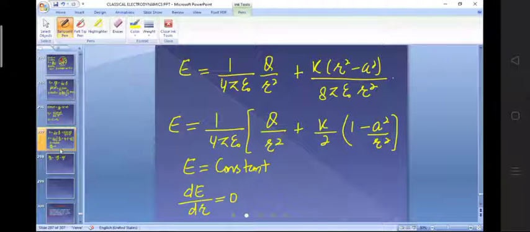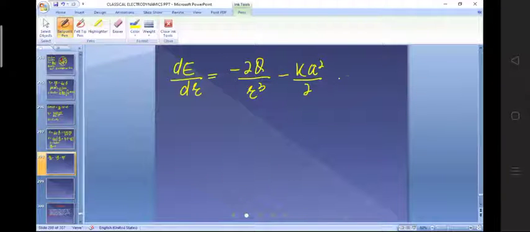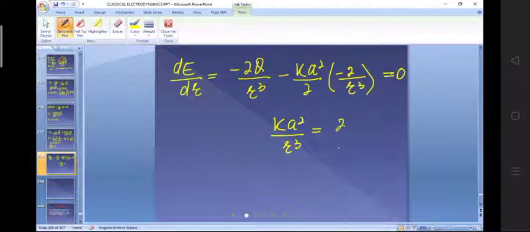Then differentiation of r raised power minus 2. What is that? That's again equal to minus 2 divided by r cube, isn't it? So that will be in turn equal to 0. Equate this to 0. Here this is negative and this becomes positive, 2 and 2 will cancel. So here comes k a square divided by r cube is positive, and this will go here. So this will be twice q divided by r cube. r cube and r cube are going to cancel. So what we have is this: k. Now we need to find k. That's equal to twice q divided by a square. Now finally substitute the value of q and a square. So 2 multiplied by, what is the value of q?